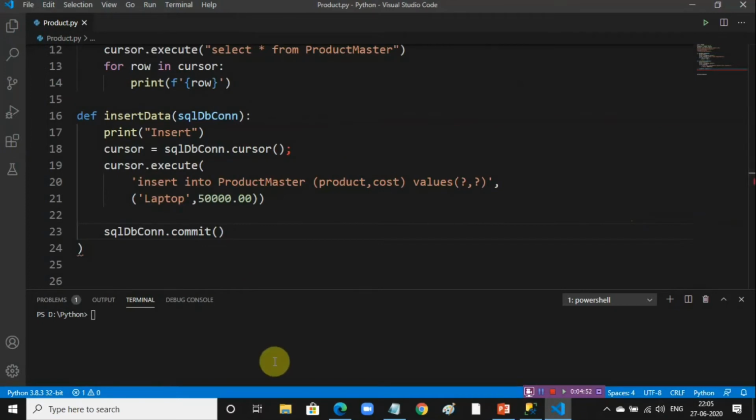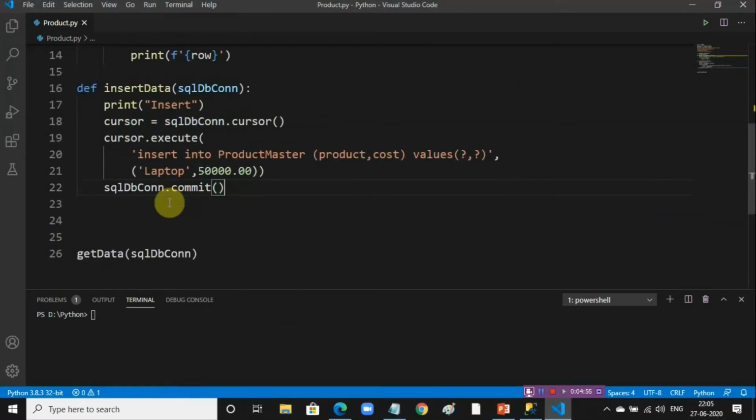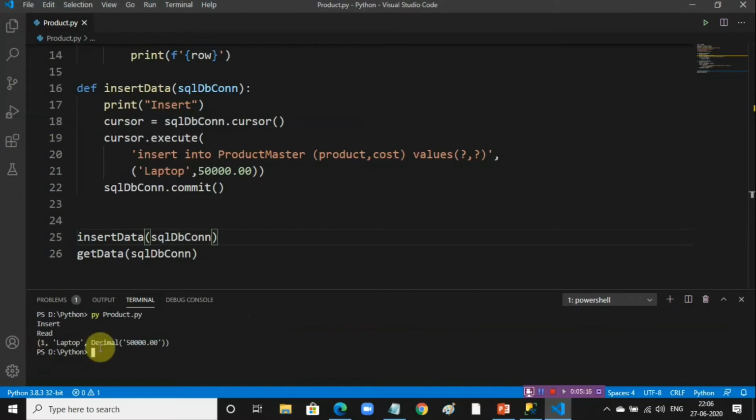See, product, cost, values, that parameter and then the actual value for that column. So now I'll call this function as well, insert data, and I'll pass this equal to dbcon. Now I'll try to execute this code. So it should first insert the data and then it should fetch the data from the table.